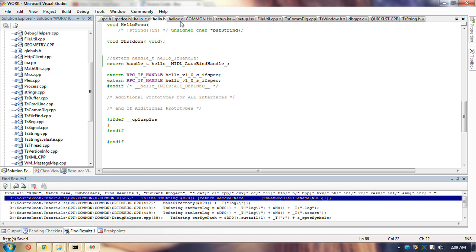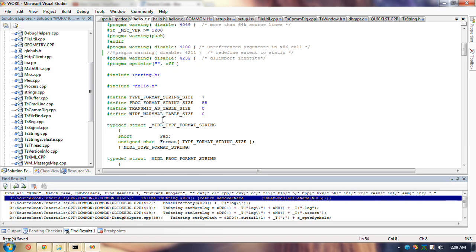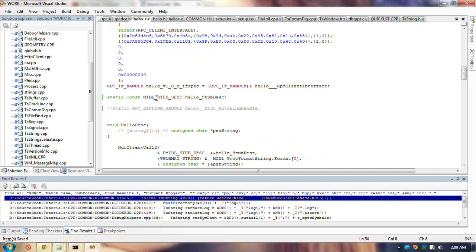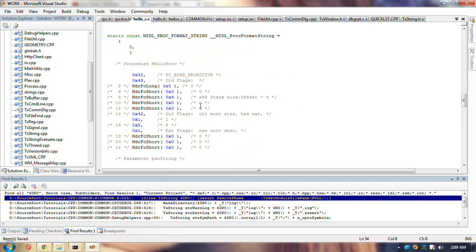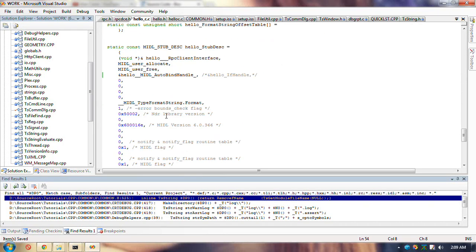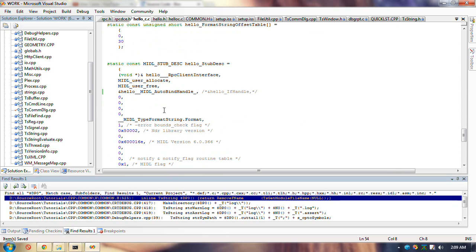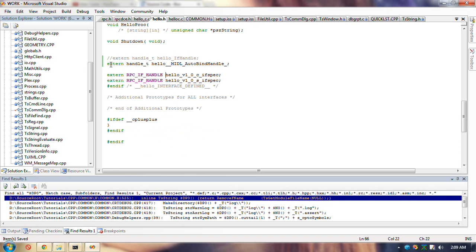Why doesn't the MIDL compiler, instead of putting in that name where I had to add my own, I had to add this line, right? It generates this file too, and it doesn't have? Maybe it does. I'm afraid to generate it.